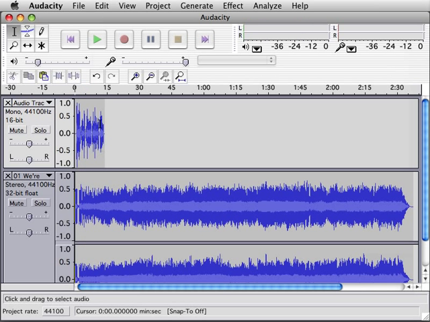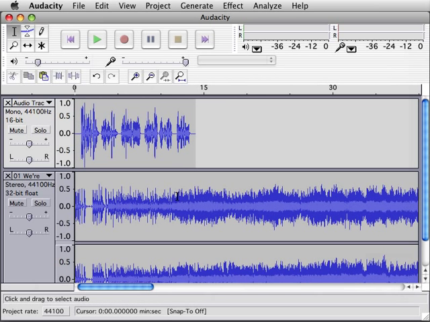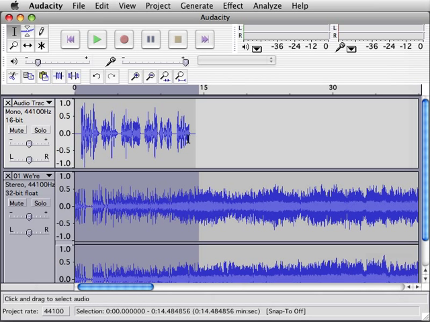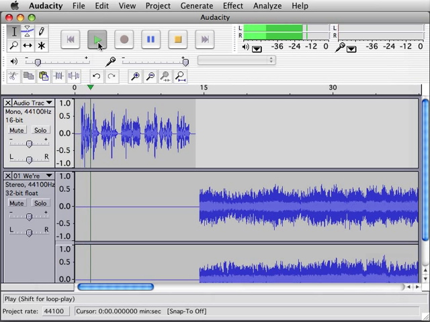Okay, so we see that we have my voice and the music one on top of the other. So we want to fix that. I'm going to zoom in a little bit by clicking on the magnifying glass, and I'm going to go to the start of my presentation. And what I'm going to do is highlight the music where I'm speaking, and I'm going to mute it by clicking on this button. So now if I go back and play,